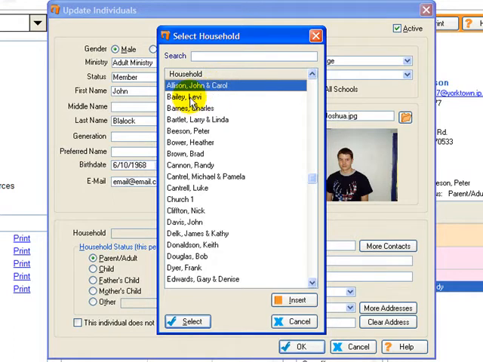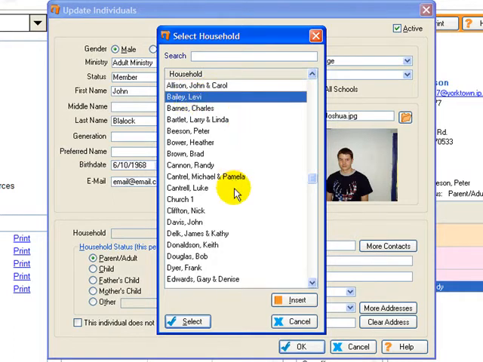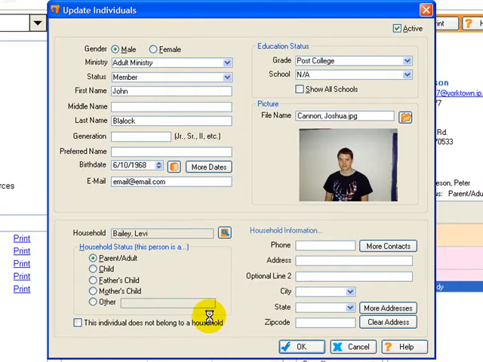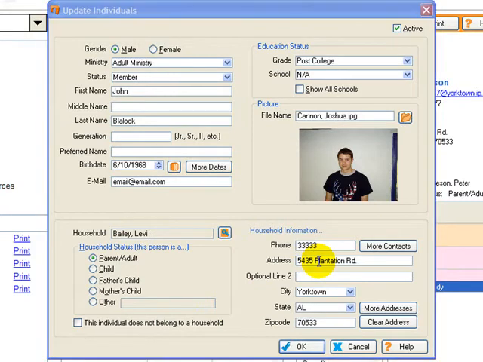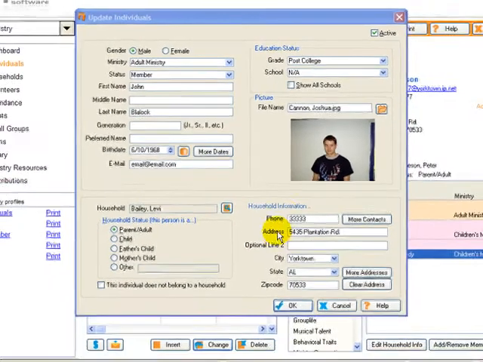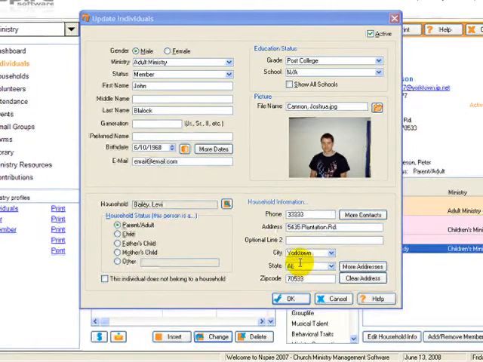So what you can do is click on Levi Bailey, for instance. I'll click on that and choose select. You can see that it automatically fills out the information. Now, the information that's already in here, this is for the household record of Levi Bailey. But in your case, if you are starting with the software and you don't have those households in there, we